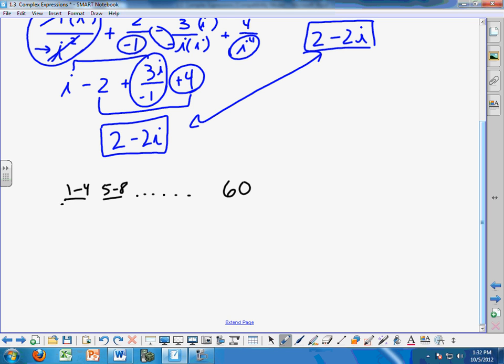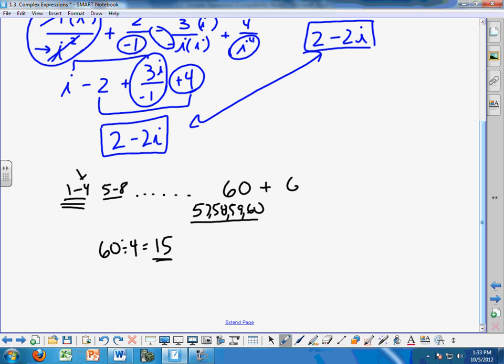In this case, it divides by 4. So the last 4 are going to be 57, 58, 59, 60, all those 4 terms grouping for the last one. Since 60 is our value here, and this guy is 4, 60 divided by 4 is 15. So we have 15 sets of 4